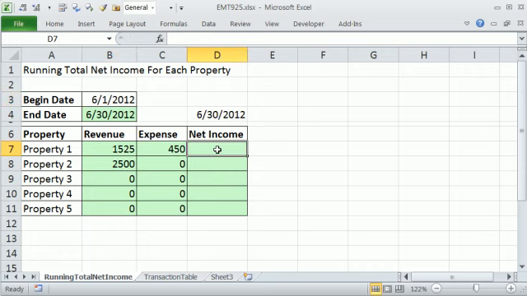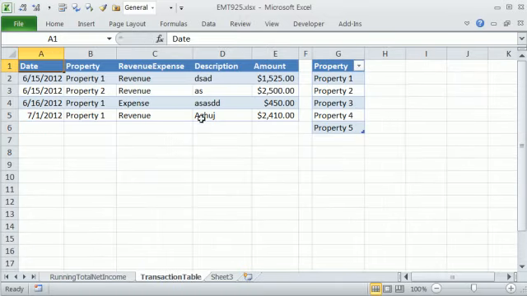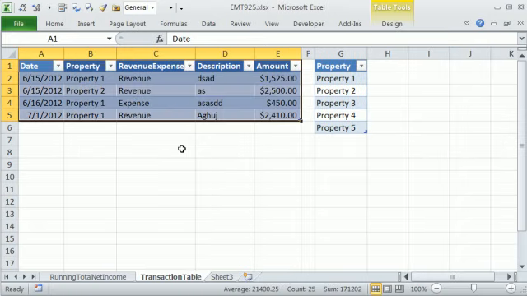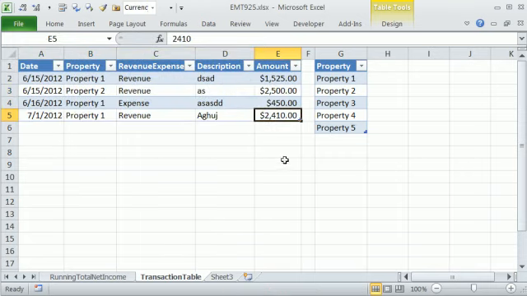Let's do our net income formula equals revenues minus expenses. One cell to my left minus 2 cells to my left. Control Enter, and then double click and send it down. Now I'm going to very quickly come over here. Now I'm going to make it a table again. Click in any cell, Control T, Enter. Remember, the whole point of this is to get a dynamic table. So let's